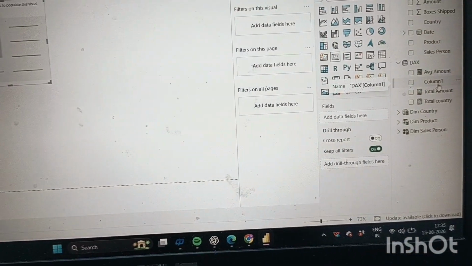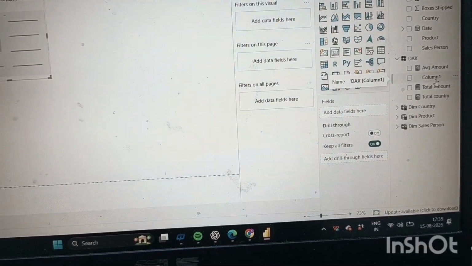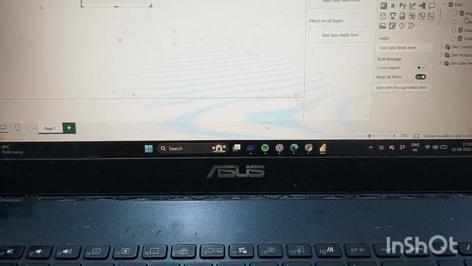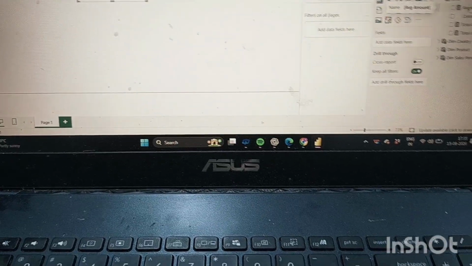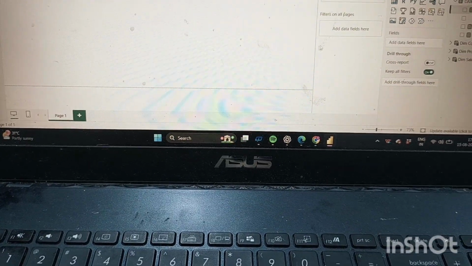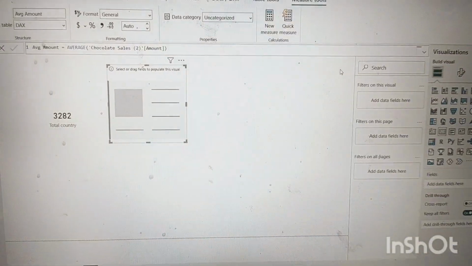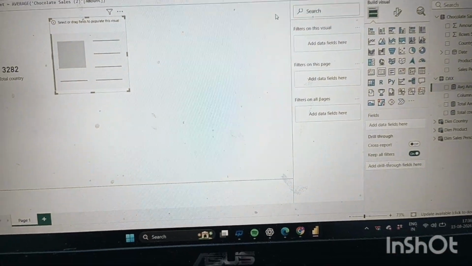It is not available; if you click here, it will not show in your table. But when you create any kind of calculated column, then it will be available. But a measure will never be physically available in your table.